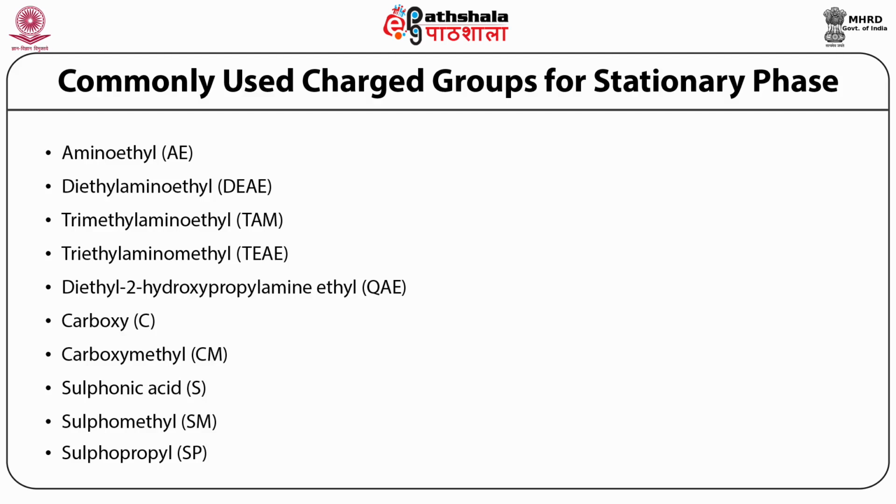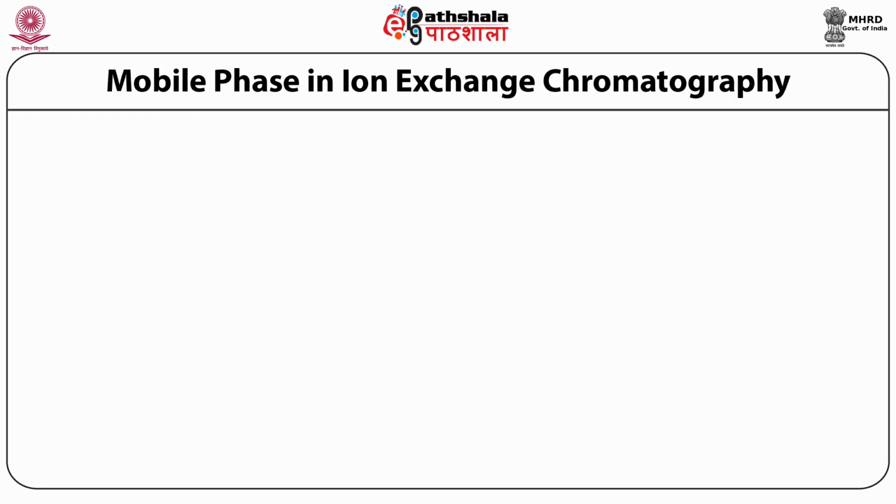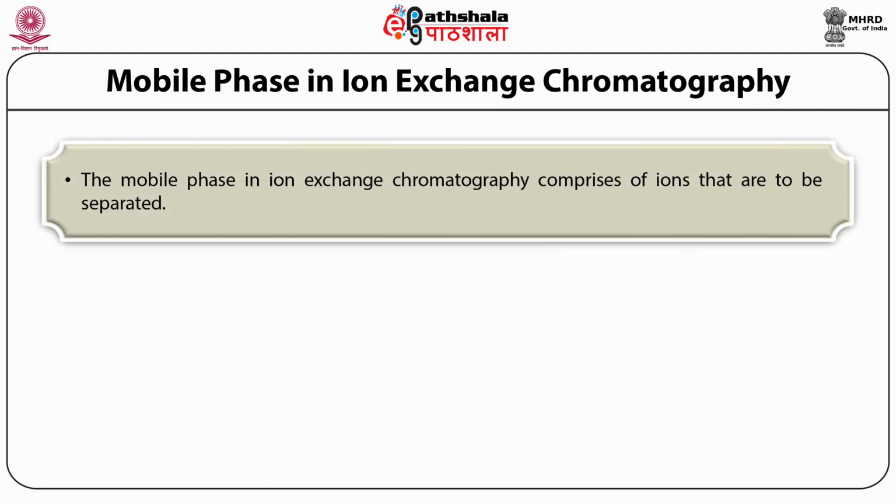Carboxymethyl, commonly known as CM, sulfopropyl, that is SP, and sulfonic group, that is S, are commonly used as resins in cation exchange chromatography. After talking about the stationary phase, let us know about the mobile phase that is used in ion exchange chromatography. The mobile phase in ion exchange chromatography is a liquid which can be a buffer or